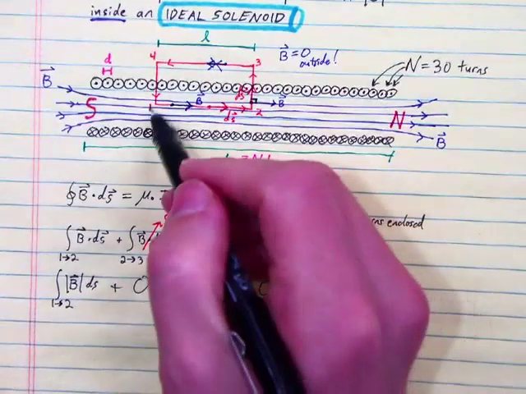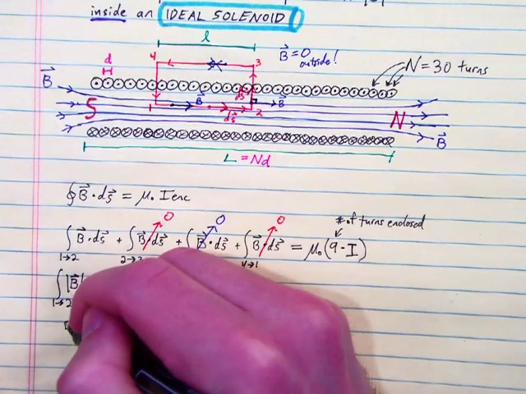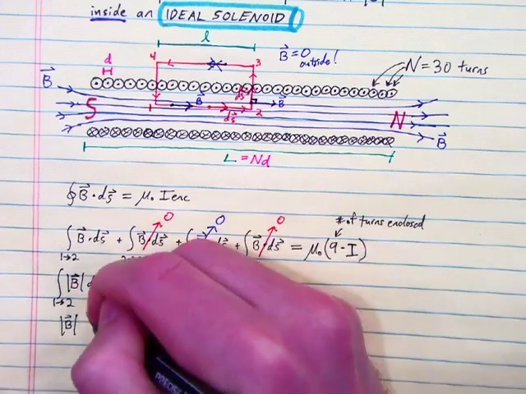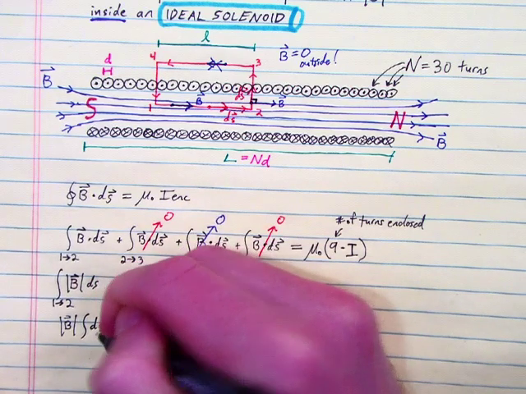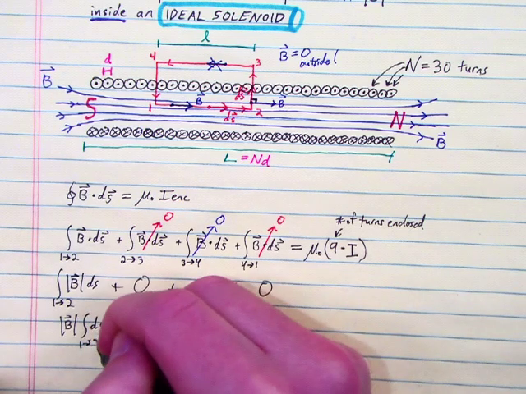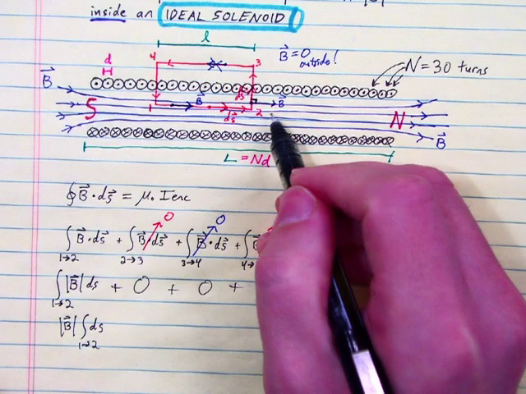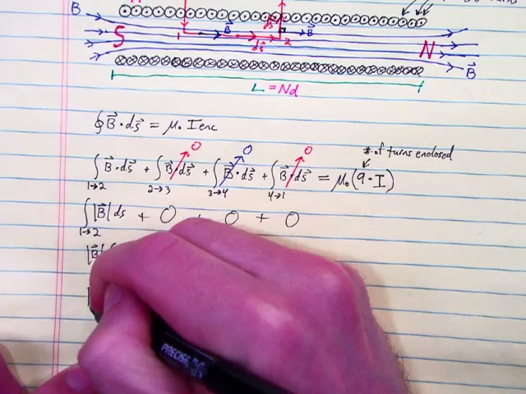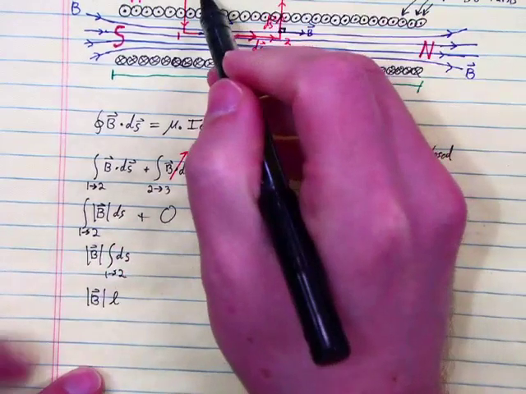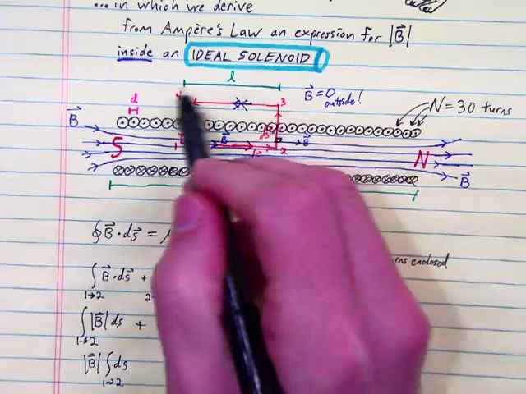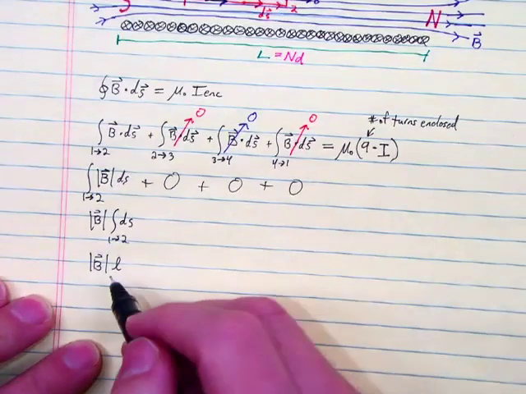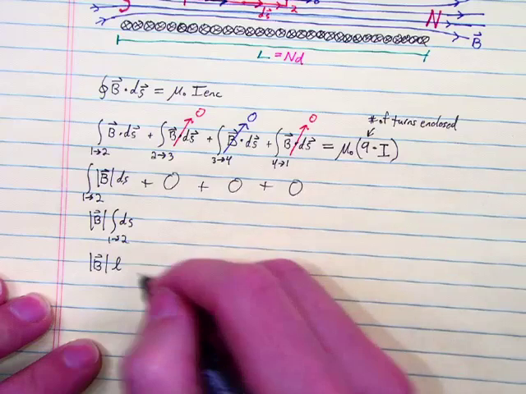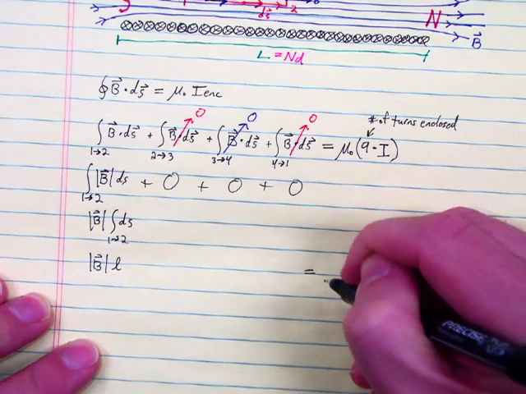B is uniform along that path, so it comes out of our integral. And we just have the sum of all the ds's from 1 to 2, which will be the length of that path, little l, this length right here. Okay, so B times little l, plus all these zeros, equals mu naught